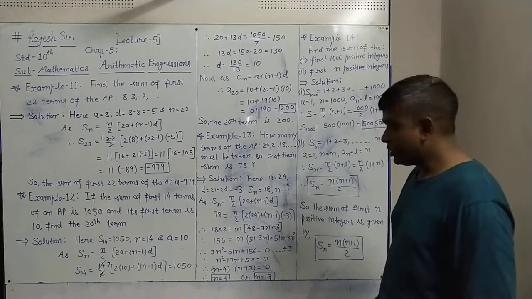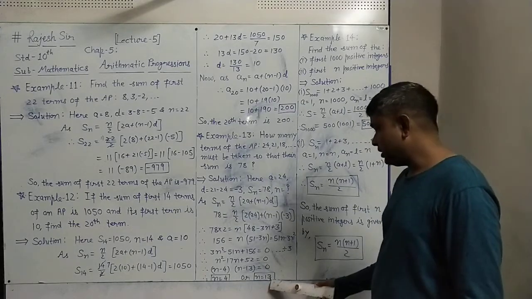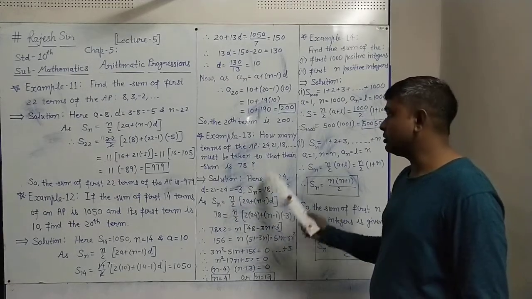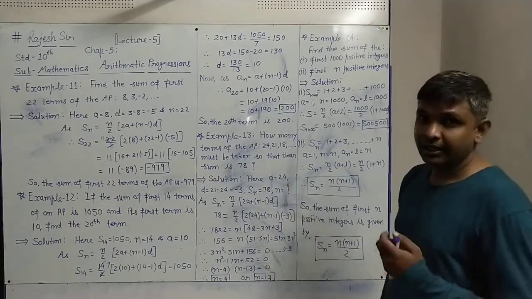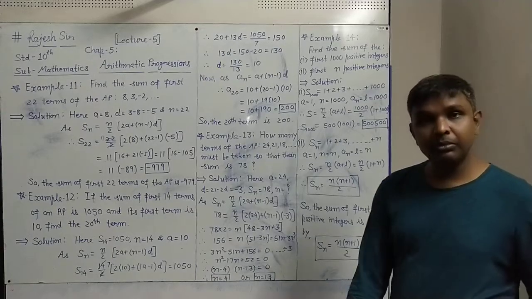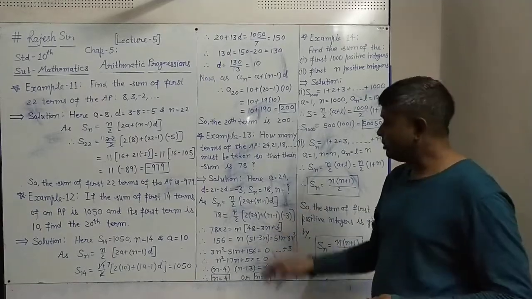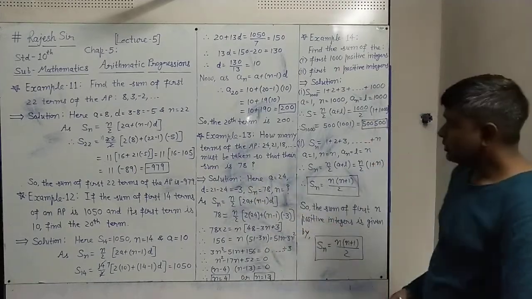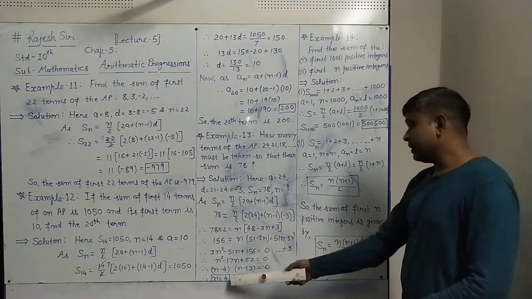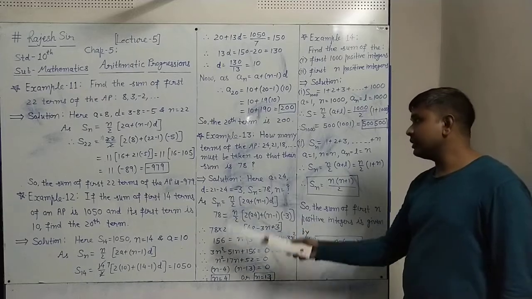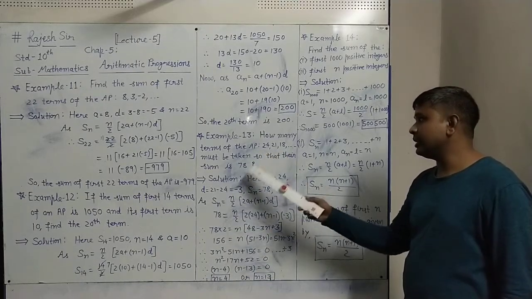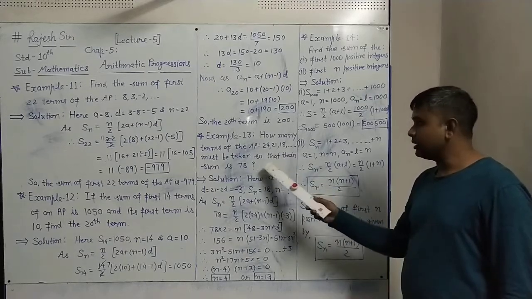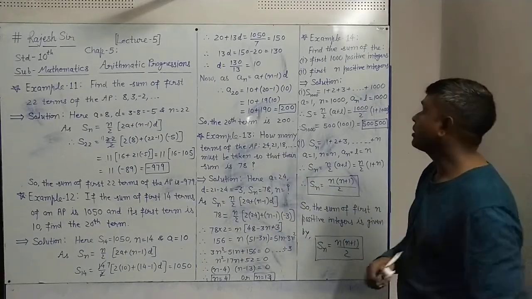Okay, don't be confused here that only 4 is the answer and 13 will not be. If you do the 13-term sum, there also you will get 78, because some minus terms will be there, and those minus terms will cancel the plus terms, and the sum will be 78 in both cases. So this way, there are 2 answers: 4 terms will give the sum of this AP as 78, and the sum of 13 terms in this same AP will also give 78.